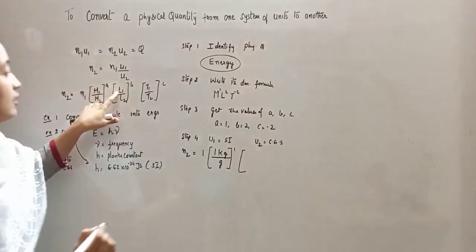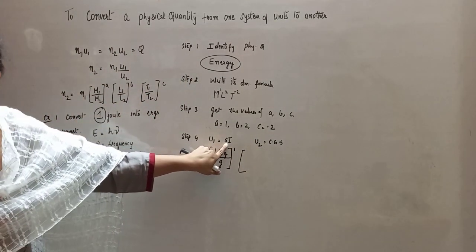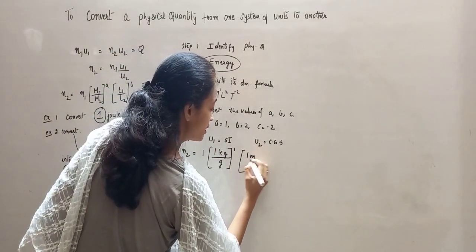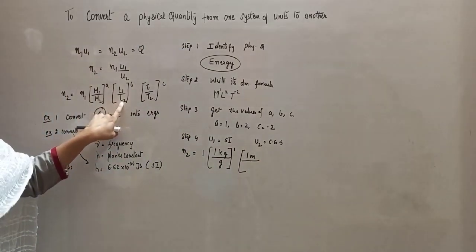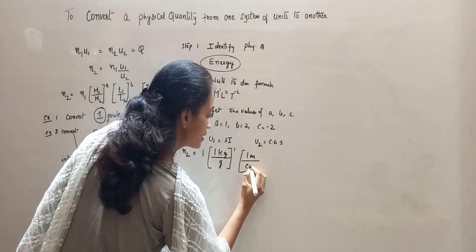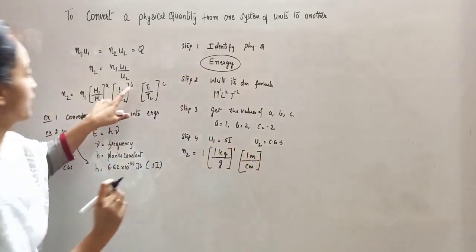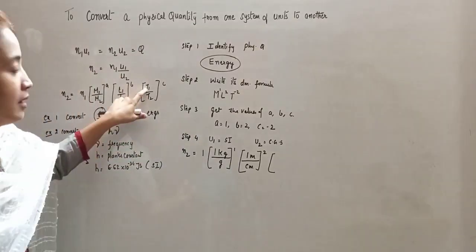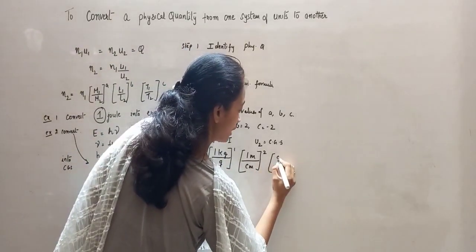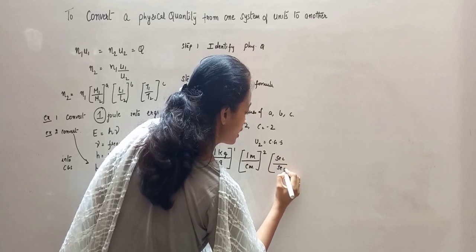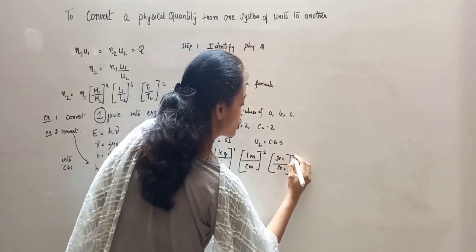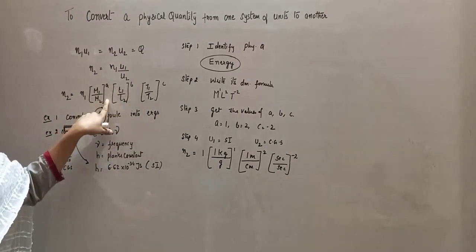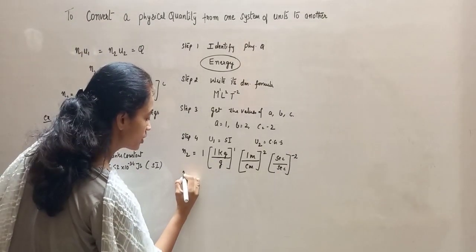Now I come to length. Length in the first system, the SI system, we represent in meters. So I'll write it as 1 meter divided by centimeters, since in CGS we represent length in centimeters, raised to the power B. Here the value of B is 2. Then we come to time. Whether it is the SI system or the CGS system, there is no issue with time because it is expressed in seconds in both, and it is raised to the power C, which is equal to -2. I could substitute the values in this expression. Right now my work is only simplification.